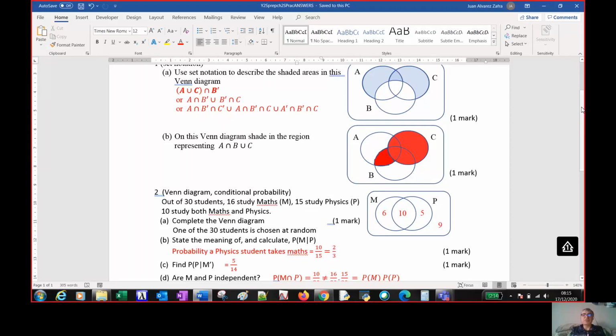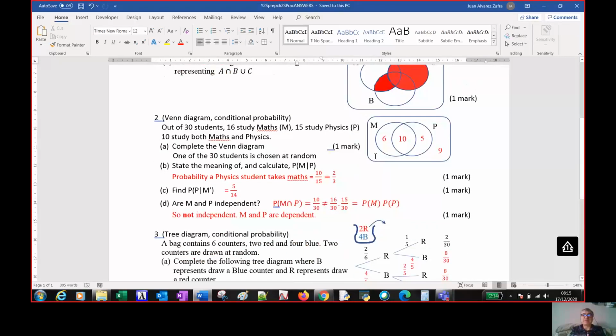Okay, question 3. Venn diagram. This is very typical of first year as well, but the added complication here is that we can also do conditional probability. So we have 30 students, 16 of them study maths, 15 study physics, 10 study maths and physics,